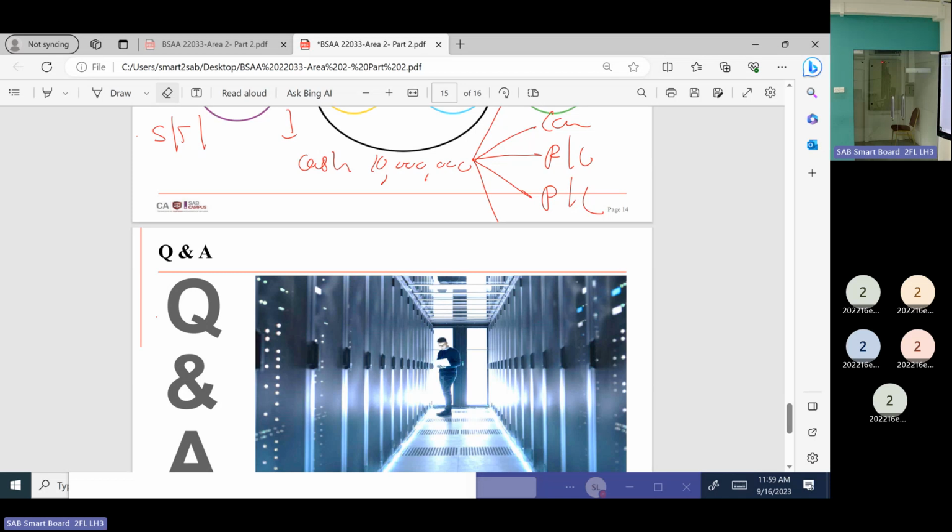Otherwise, take this example: we have 10 staff members in this company, and they are fixing a fingerprint machine here. A fingerprint machine may cost more than 1 million, right? More than 1 million. We already have the database and we have put in a CCTV. Why do we need a fingerprint machine for 10 members? The owner can monitor that.